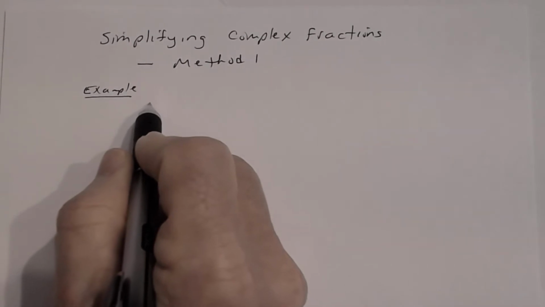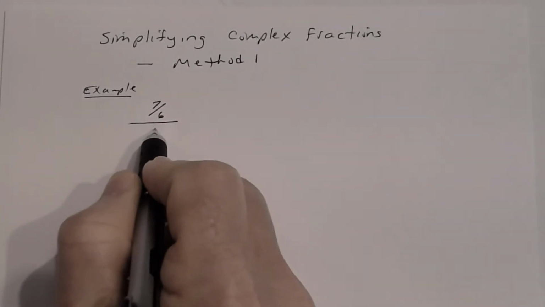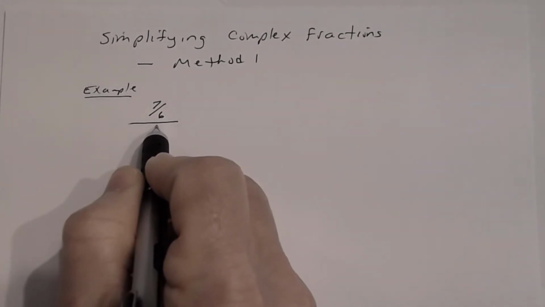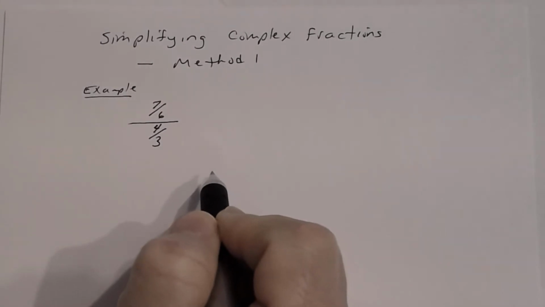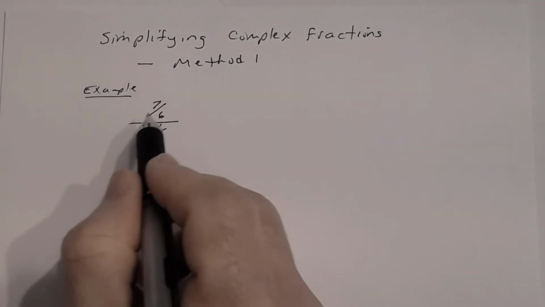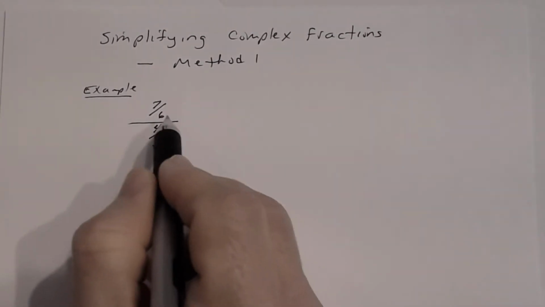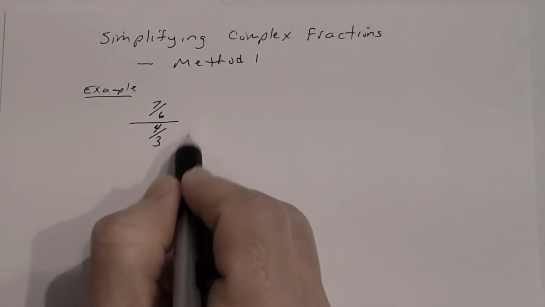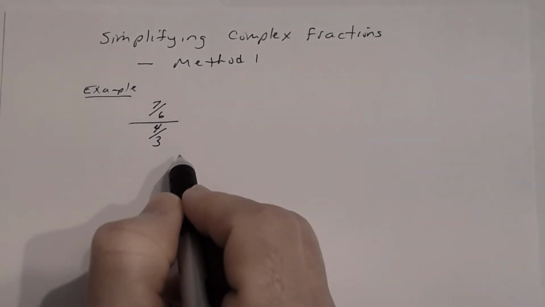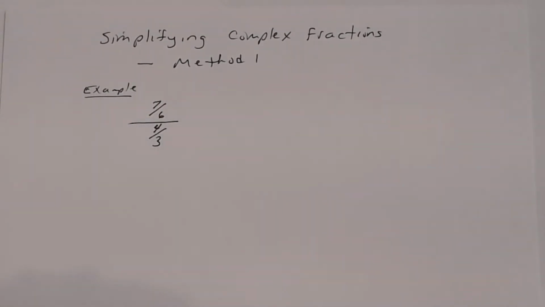So, for example, you had something like, let's say, 7/6 divided by, and let's say 4/3. All right, so that's a complex fraction. And you dealt with this multiple times in the past, many times in the past. So we'll come back in a little while and remind ourselves, well, how do I deal with this kind of complex fraction? But before we do that, let's look at the definition of a complex fraction,